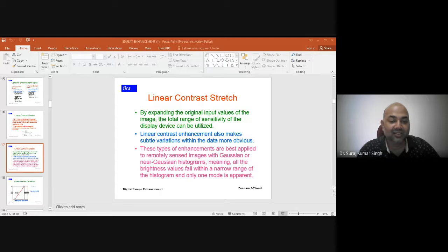Here x is the input value, x min is the minimum value, x max is the maximum value, and 255 is the total grayscale range.